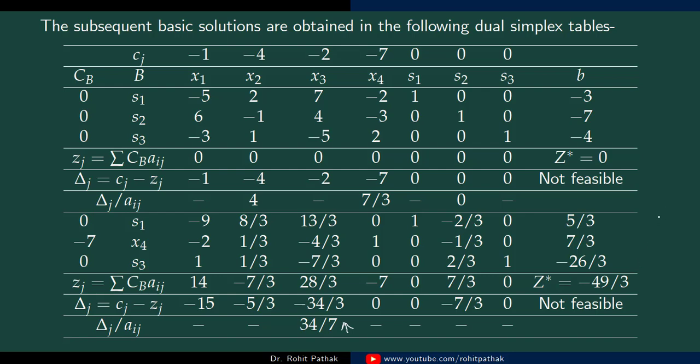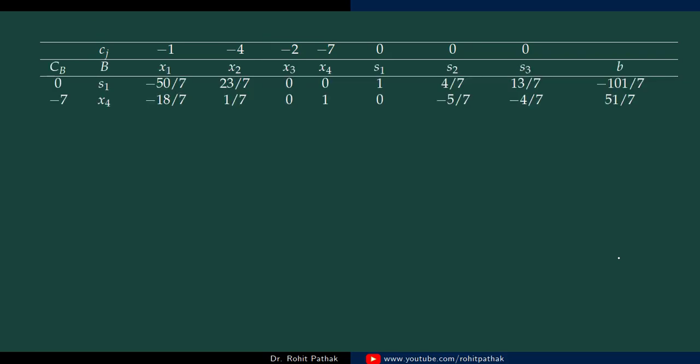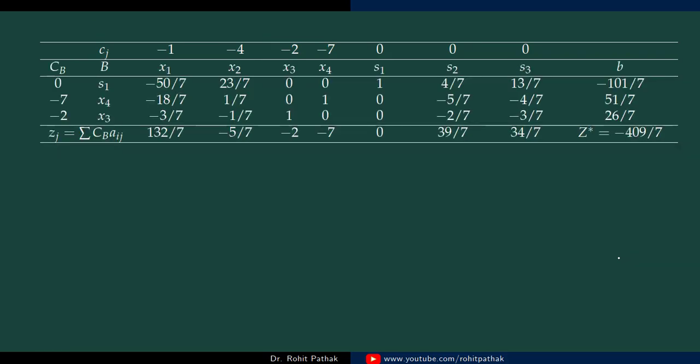So using the same procedure which we have done here, we modify this table. So we get this. So we replace here s3 by x3 with the coefficient minus 2. So in the next table we have here minus 2, here we will have x3, and we divide all these entries in the key row by the key element. This is now the key element. So divide by the key element throughout. So we get this. So I have calculated all these entries.